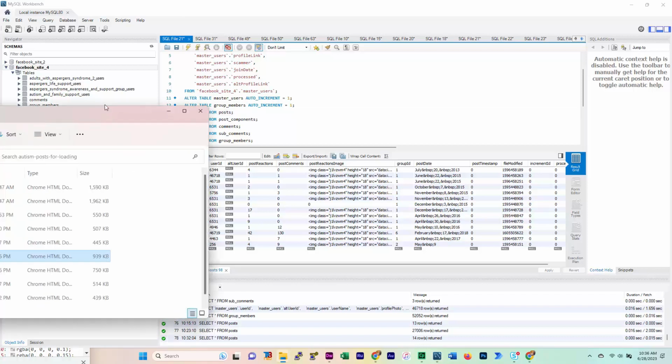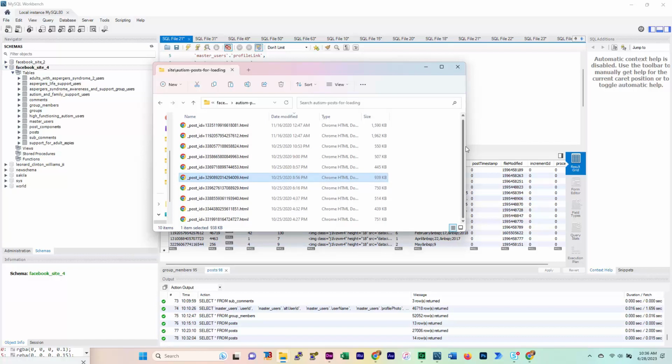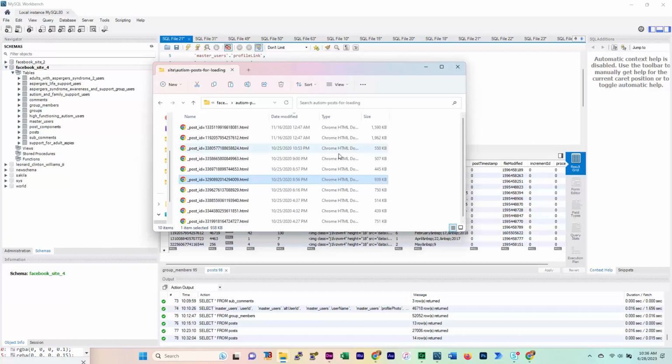So now I've got some new posts to load. This is the folder where I load my posts from, where I've got the post set to load from. I've deleted all the other posts from this folder that we've already loaded, and we've got 10 unique posts to load here. And I've chosen these from October of 2020. And when I picked these posts for this demonstration, by the way, for the purposes of this video,